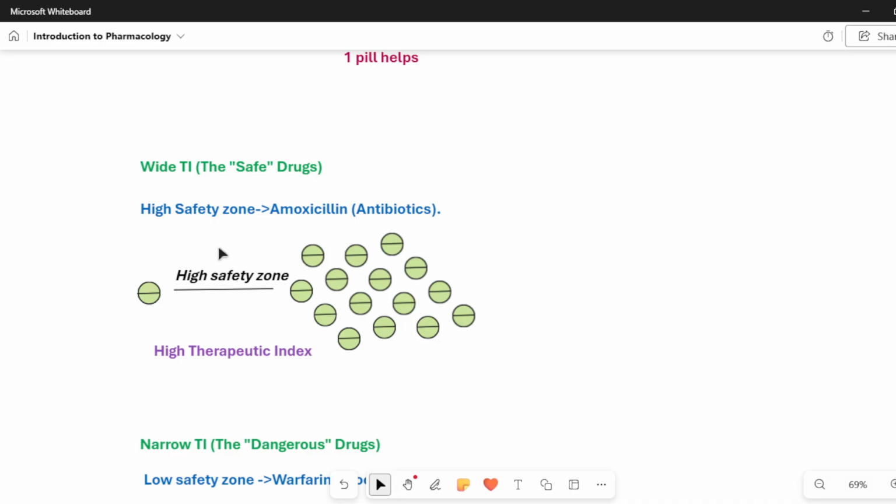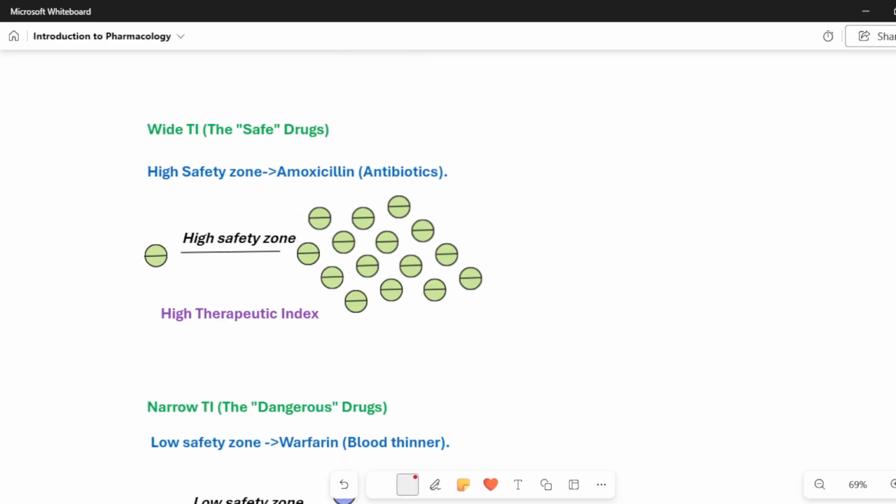Even if I have 2 or 3 tablets, it will not create that much poisoning compared to the low therapeutic index drugs. So this has a high safety zone. It will not create any poisoning in my body.